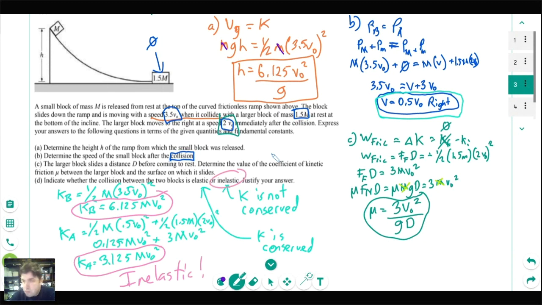There. And now some of you may be wondering, what happened to that energy? Where did it go? This could have gone into sound energy. It could have gone into thermal energy or heat. It could have gone into jostling them in a direction that's not linear. The big idea here is it's not kinetic energy anymore. It's deformation, maybe from running into each other. That's where the energy could have gone, but it's obviously not in either one of those blocks as kinetic energy anymore.